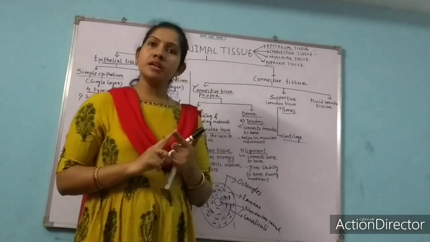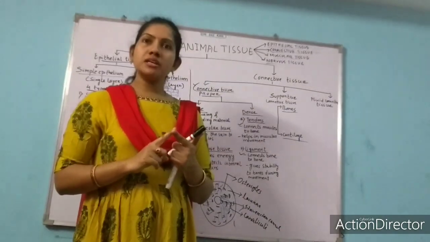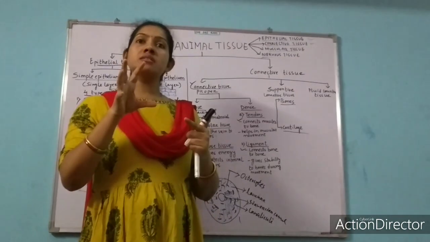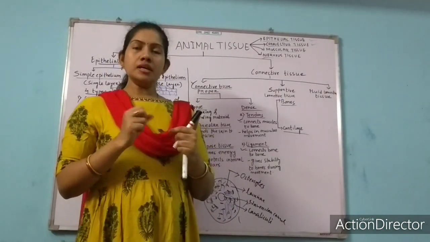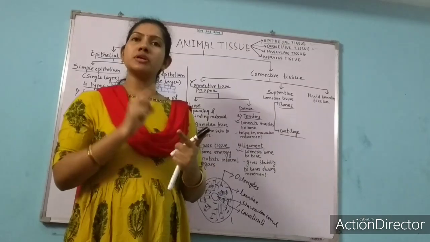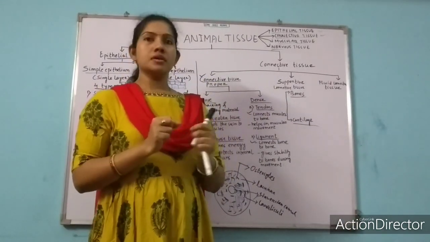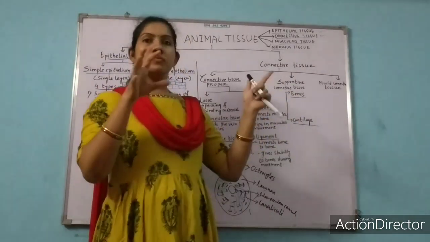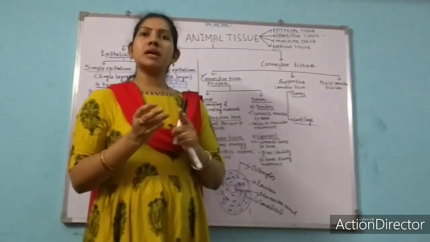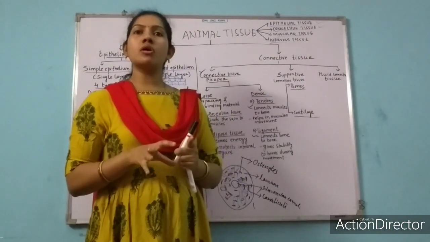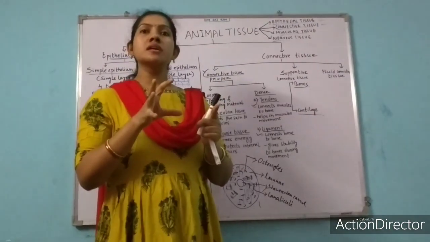So what is the content of that fluid? Magnesium salt, potassium salt, calcium salt, which make the bone stronger. There will be a deposition of magnesium, potassium and calcium over that matrix, which makes the bone stronger. So inside the bone there is a fluid present which has calcium, magnesium and potassium content, and that fluid is also called matrix, which provides what?